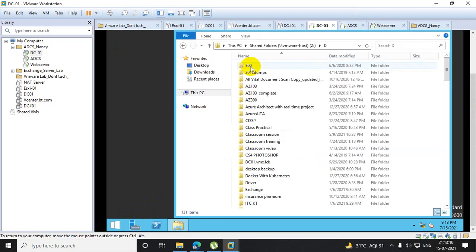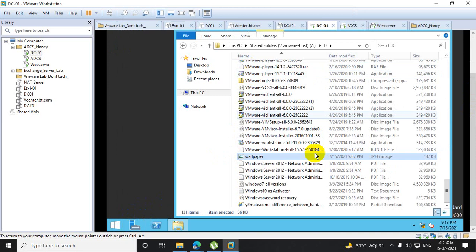Now you can access the D drive from here and choose your wallpaper.